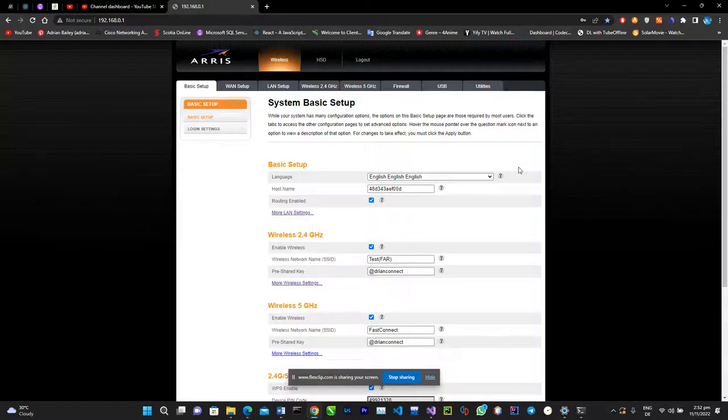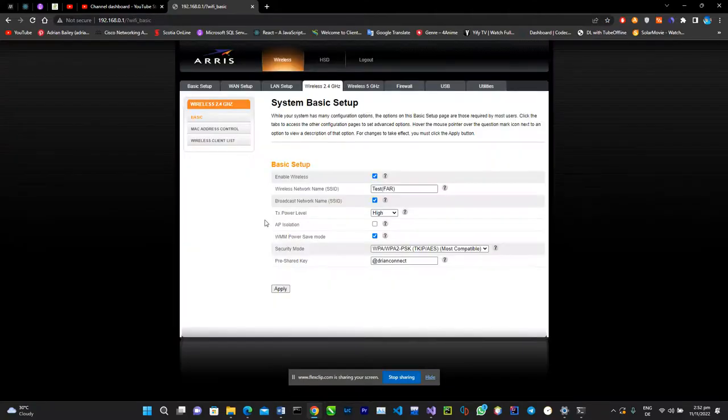All right. So once logged in, this is the interface that I'll be greeted with. Yours might look a bit different, but essentially they're all the same. You just need to locate your wireless tab and then locate your Wi-Fi settings for that wireless tab. So I'll go into the wireless 2.4 because, as I said before, that's the one that I want to change,